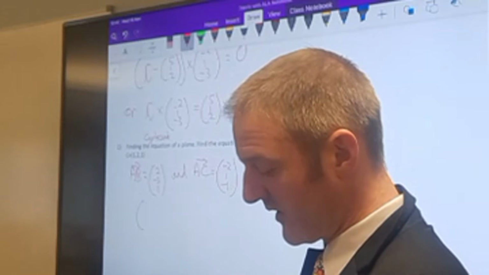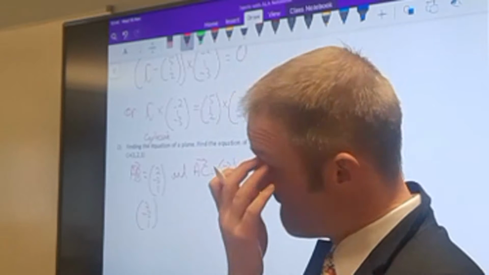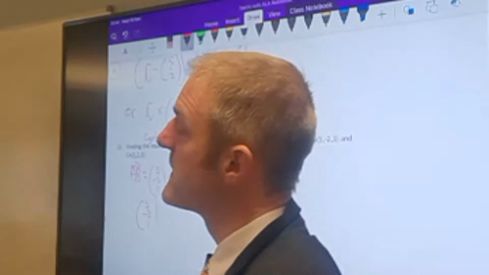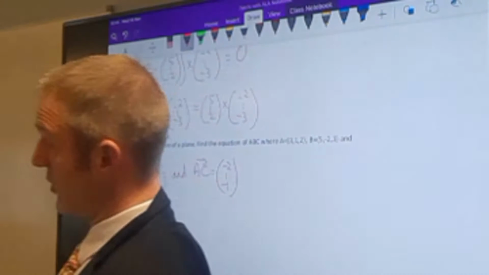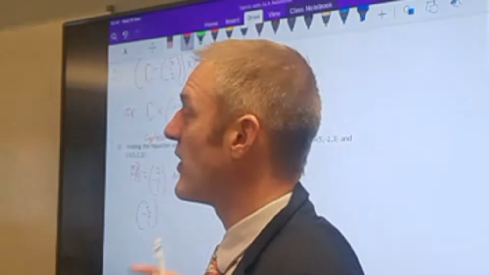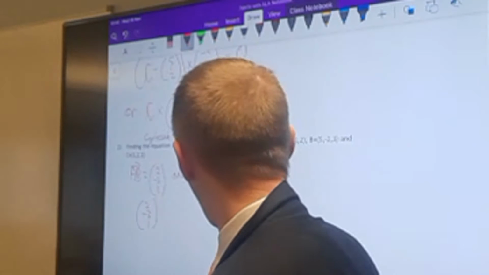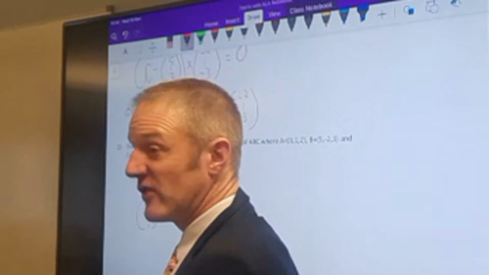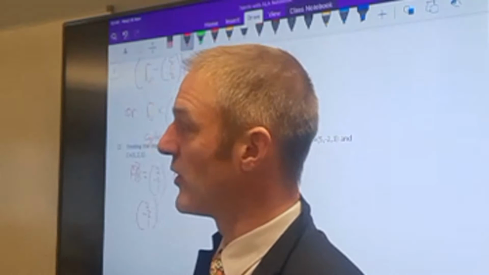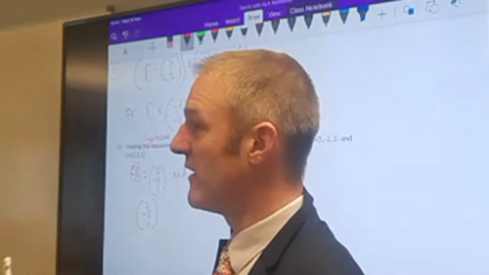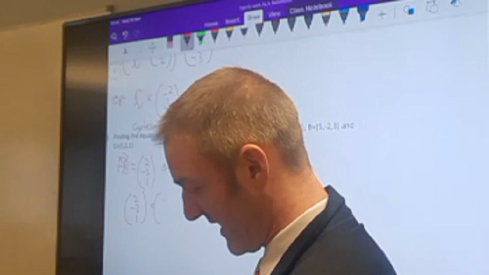So I find the cross product of these two. What I'm trying to find, Joe, is that there is a way of using the dot product for this. We've done it, but the whole point is I'm trying to show you a better way. I know that both of these vectors are in the plane, and I want to find the normal of the plane. We found this magical result that the normal of the plane gives you the coefficients of the Cartesian. All I need to do is the cross product of these two,